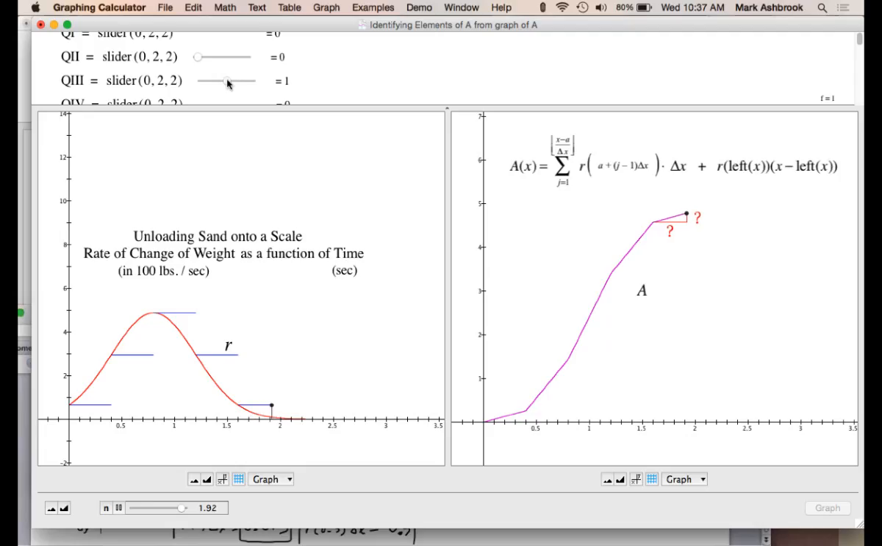I just wanted to check that the floor function is that